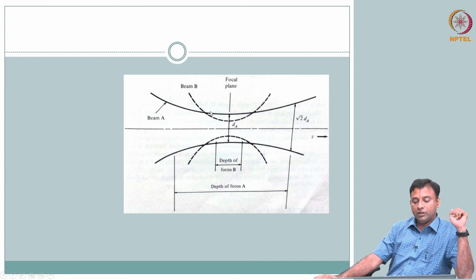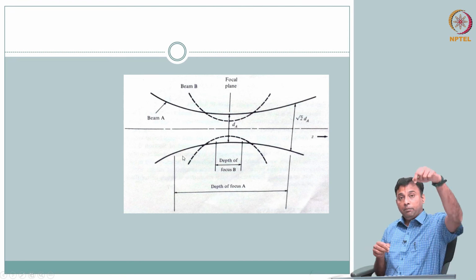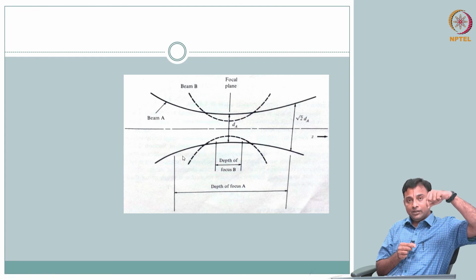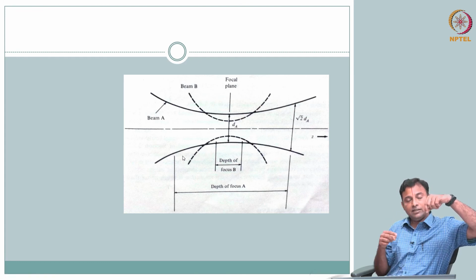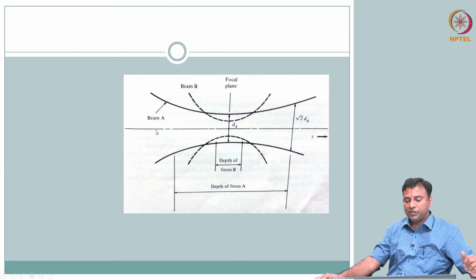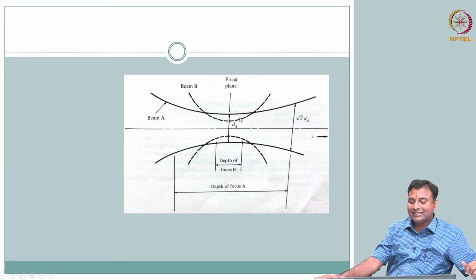So I could shape this up and make it as narrow as possible. I could start with a large-dimension transducer and have a lens so that I can be very stingy and make it as small as possible. But the downside is, the more I push with a large transducer and acoustic lens to get the tightest focus, the depth over which you can maintain that will reduce. So now you see the problem, there is a trade-off.